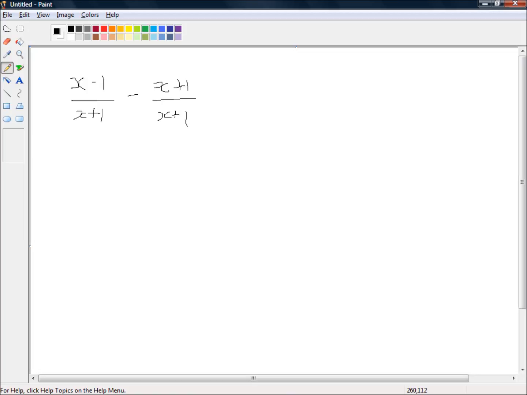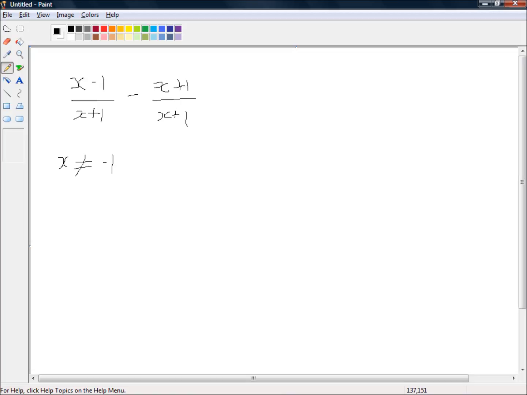Okay, so the first thing to notice is that the denominators are already the same, so we don't have to multiply the denominators. Now our first step, as always, is to stipulate what values for x would make the denominator 0 and exclude that value for x. So we need to stipulate that x is not equal to negative 1. Now this will only work provided x is not equal to negative 1. So now we can go ahead and